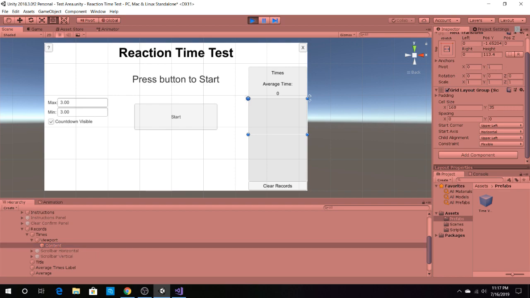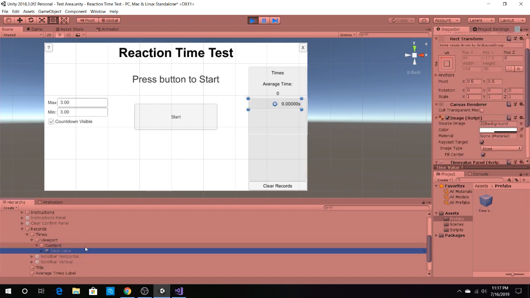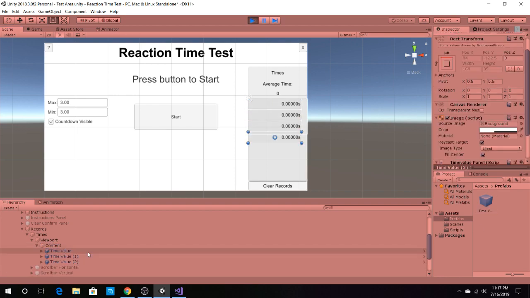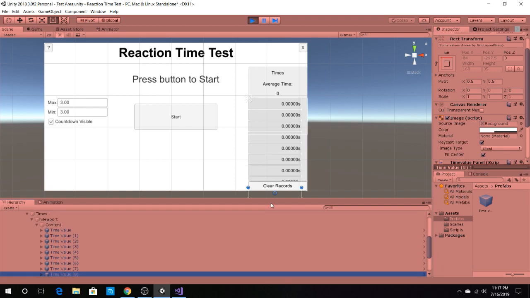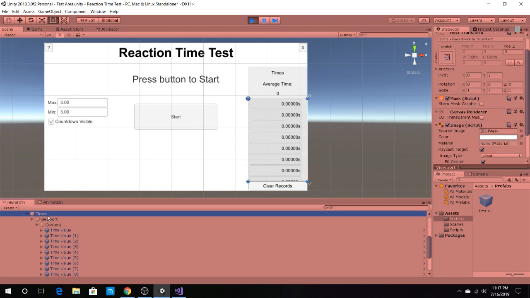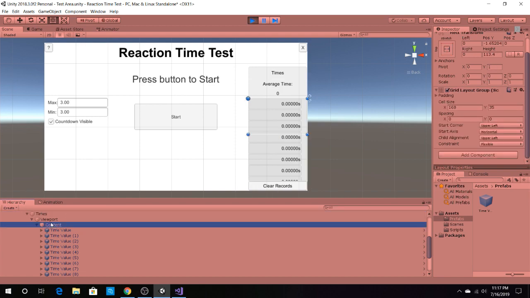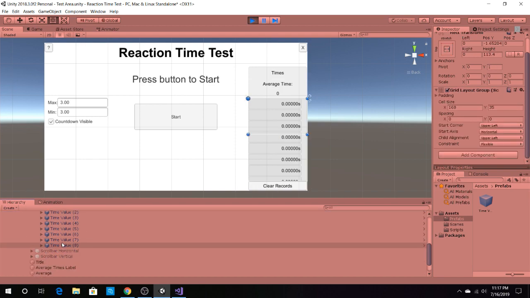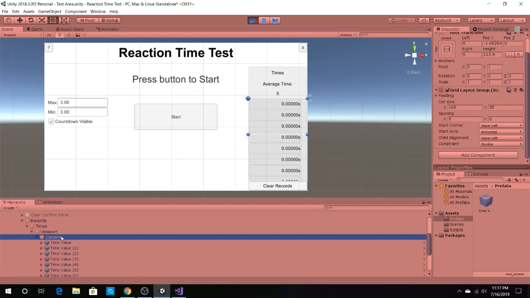Or if I was to put this here, duplicate it like a bunch. Okay, I think